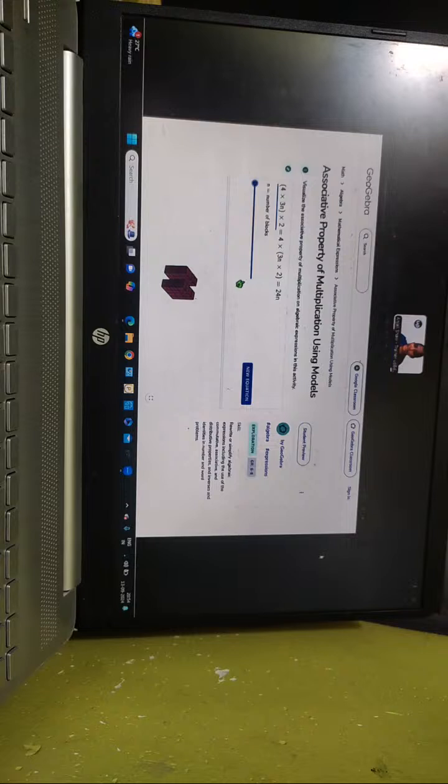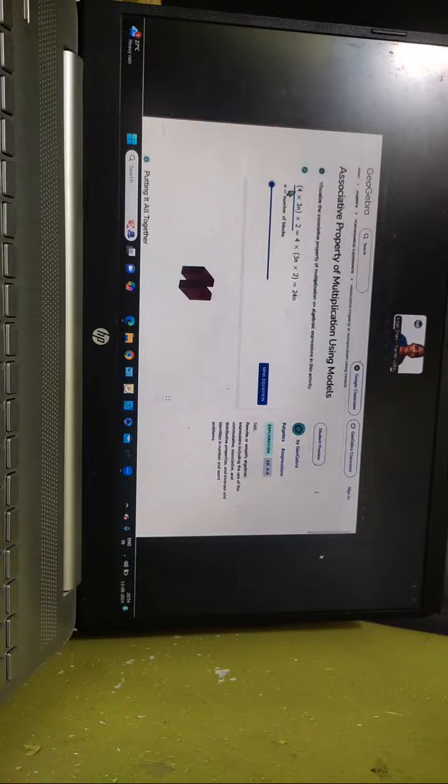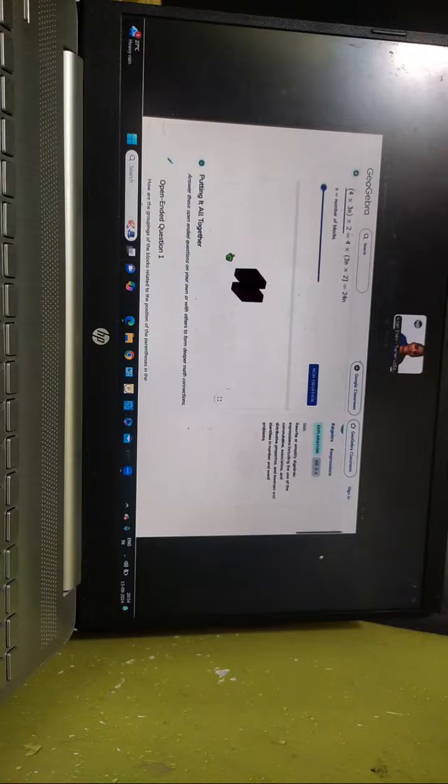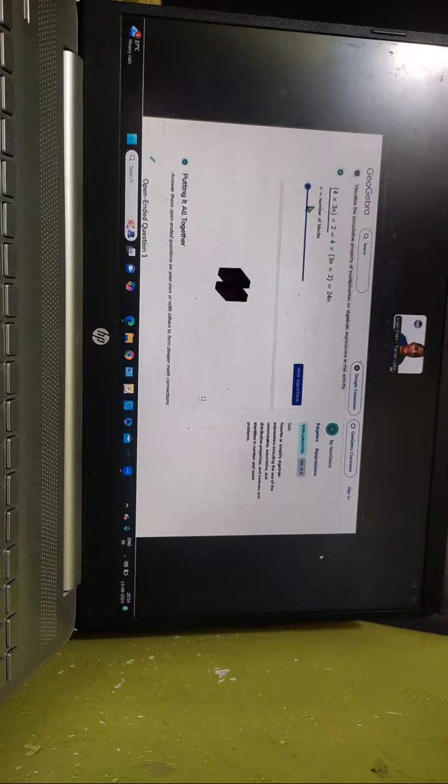Okay, so these properties we all know are there in algebraic expressions. Okay, so this is the associative property where we teach our students how you can multiply these numbers. So here you can see that the number of blocks are there. So even if I